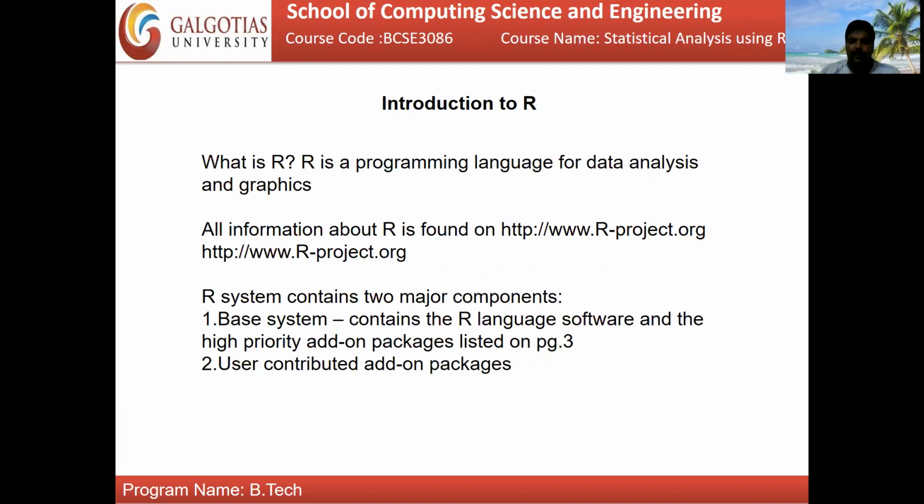Okay. So, for programming you have to download the software or materials. I will mention the site name: www.r-project.org. It is going to help you understand more topics. The basic two components of this subject using R are the base system and user contributions. So as R users, you can use the contributions.